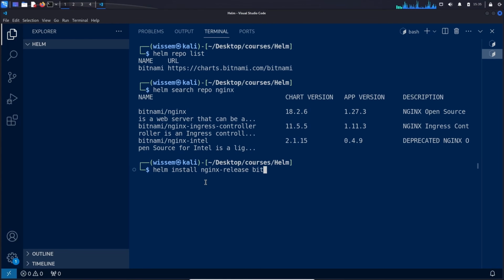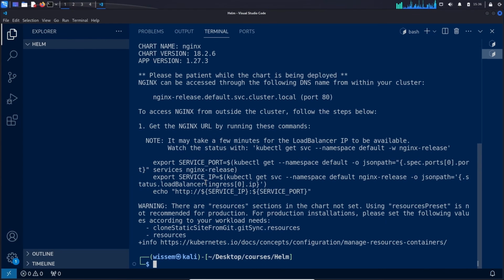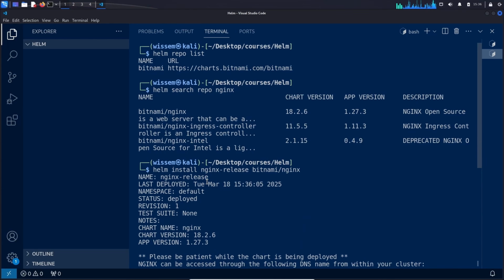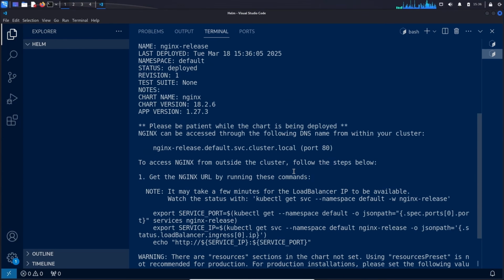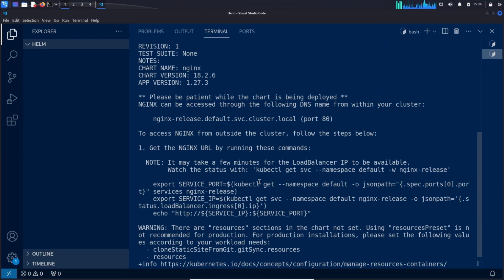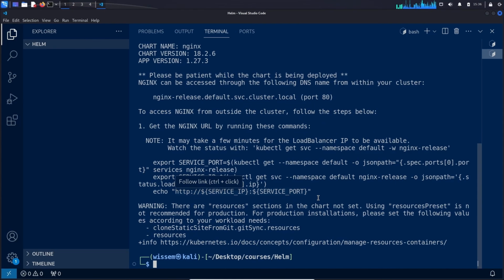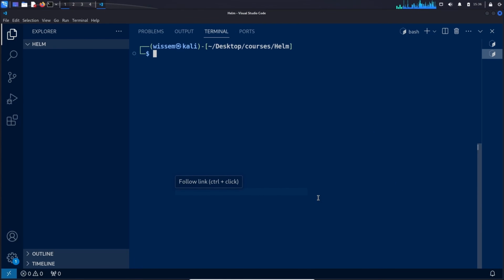So it will be bitnami/nginx. This command will create a release based on the Bitnami Nginx chart. Now the release was created successfully, and if we list the releases that we have now using the helm list command,